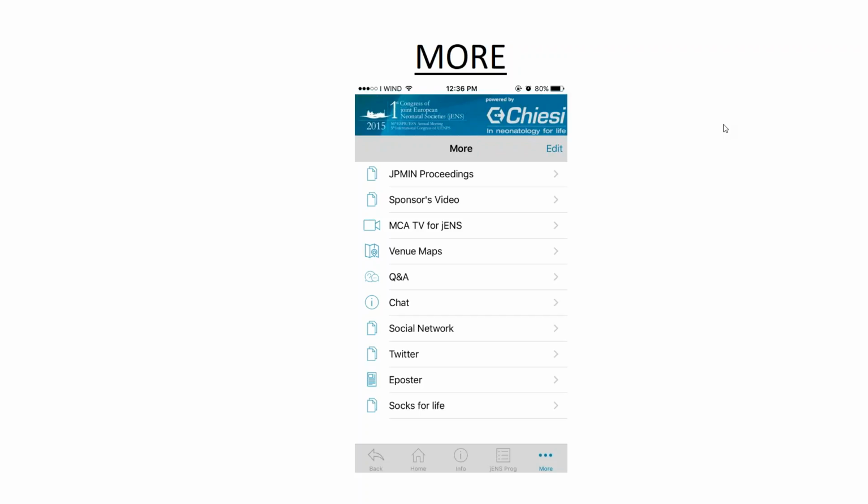Then next, which is really cool, it's really a good part of this app, is the chat feature. Now, every person that's a part of the event is linked into the chat, and basically you can chat with anyone from the speakers to the people attending, the participants of the Congress, or even sponsors. And you can look up their name on the chat, and from there you can find and message them through the app, which is really nice, really cool, and it really allows people to network and connect on